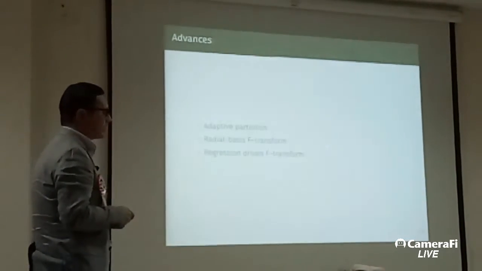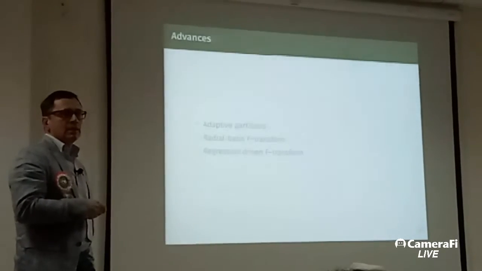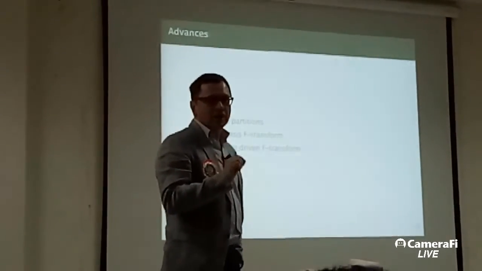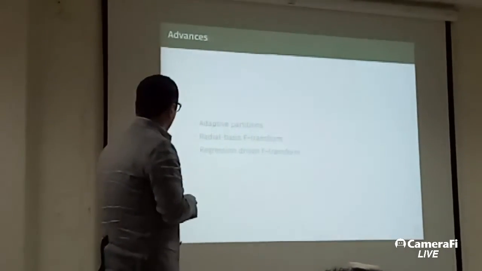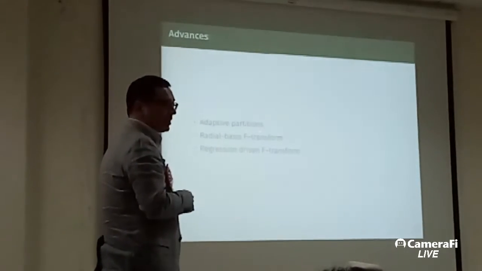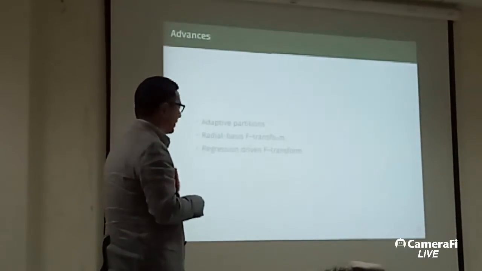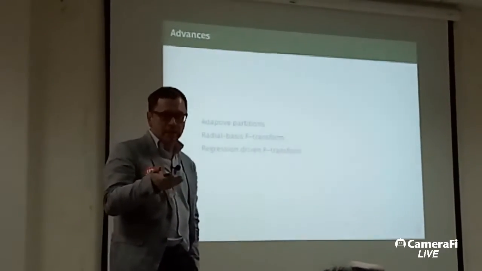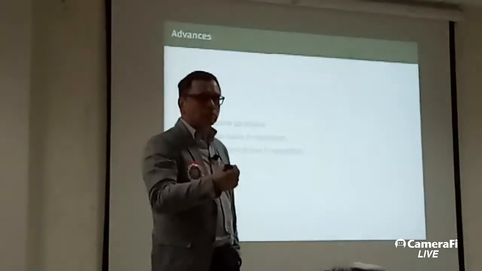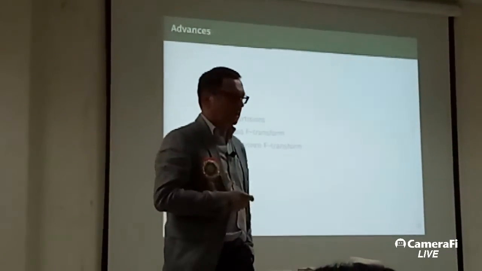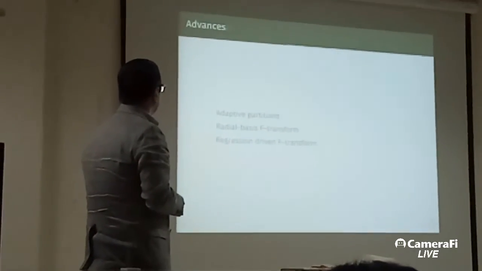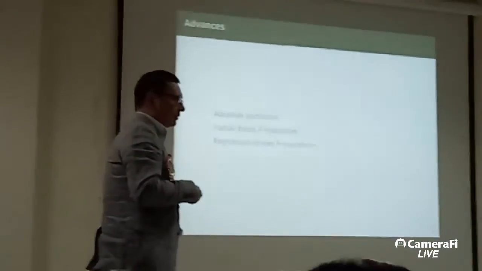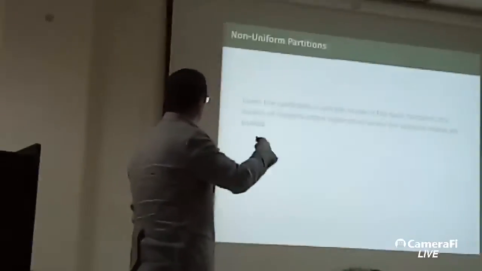All these three aspects, in my opinion, are key components in order to make the fuzzy transform a tool for modern machine learning. Because by this one, we are introducing a learning process. By this other property, we are dealing with the curse of dimensionality, which, especially for deep learning, is becoming an issue to take care of. And regarding the regression model, we are able to build representative models of our data in a hierarchical way.